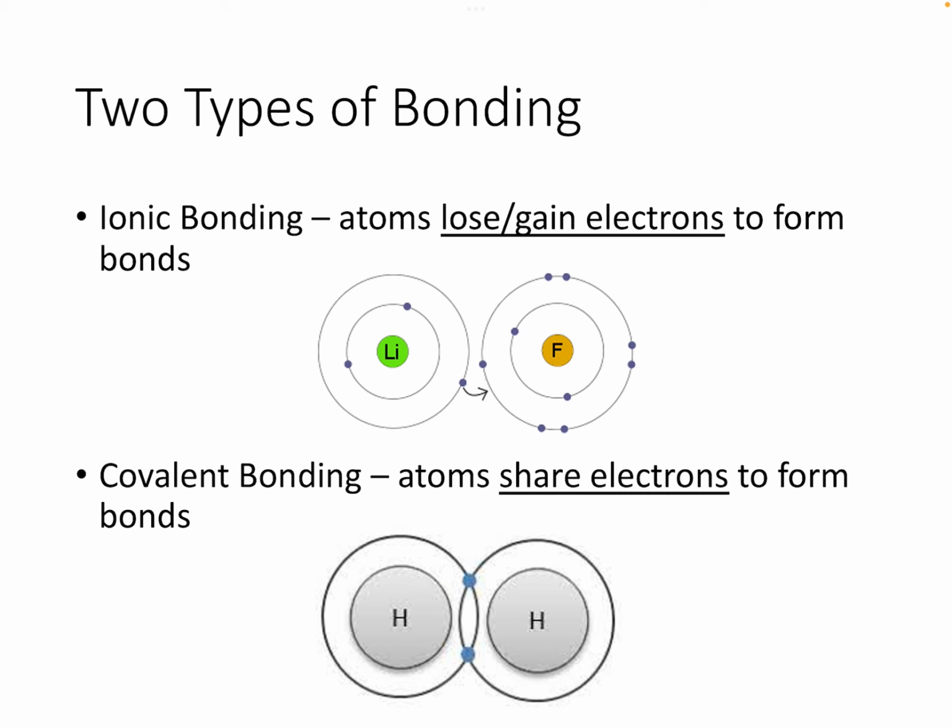Here we have the example of lithium, and it's giving one of its electrons to fluorine. So lithium will lose an electron, fluorine will gain an electron, and they'll end up forming an ionic bond with each other. The other type of bonding is called covalent bonding, and this is where atoms will share electrons to